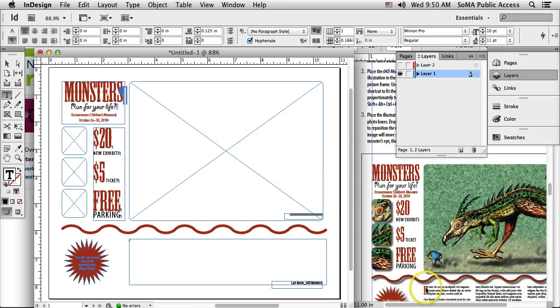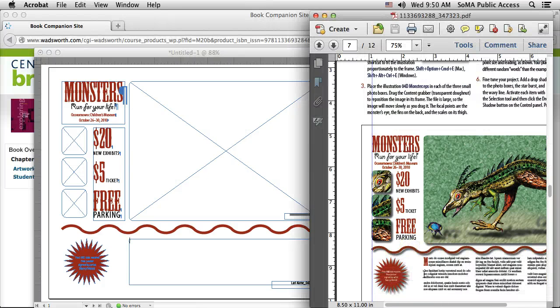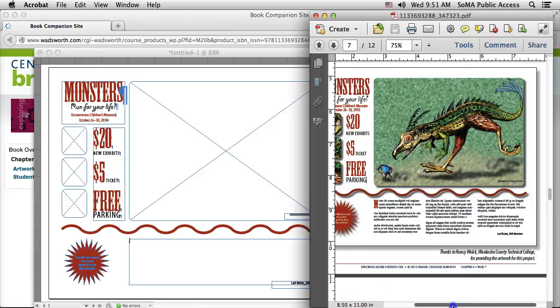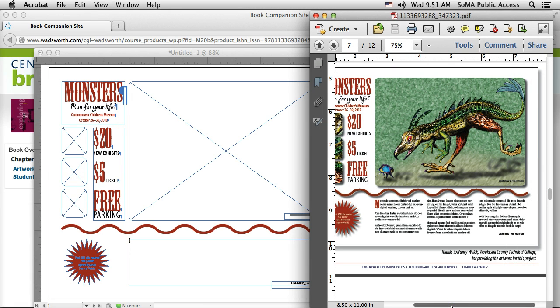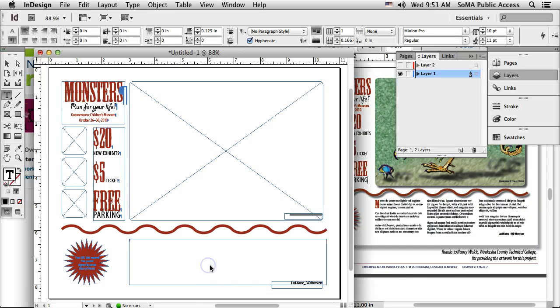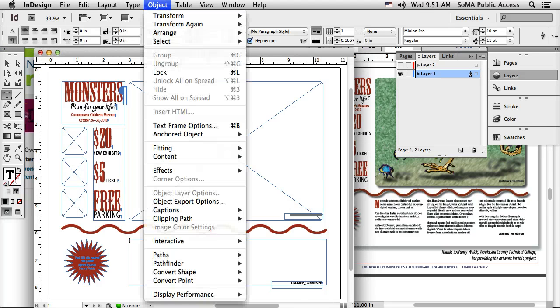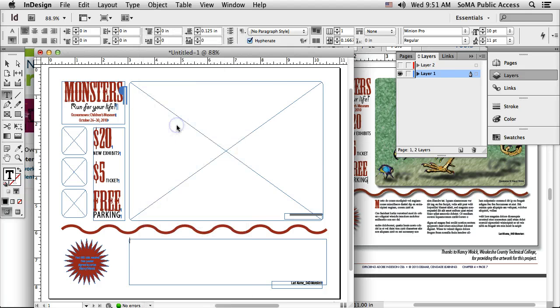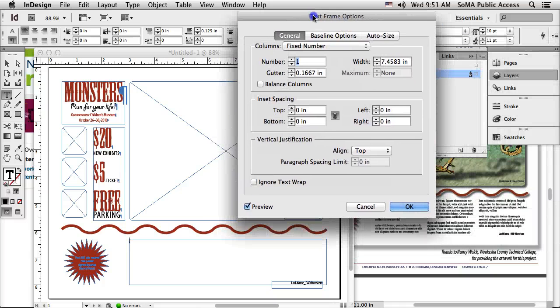Okay, so here's this text box, and I'm observing my PDF file on my right side. I'm noticing my content is serif font. The font is black. I'm noticing the drop cap is 3 lines deep, and it's red, and it's the same font as Monsters. So the first thing I'll do is take this box, go to Object, Text Frame Options, Command B. I'll change it to 3 columns, 1, 2, 3. And the default gutter,